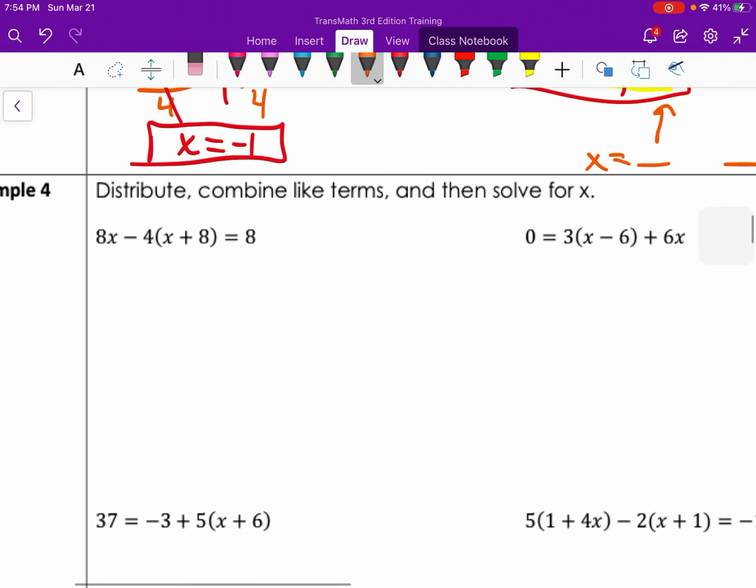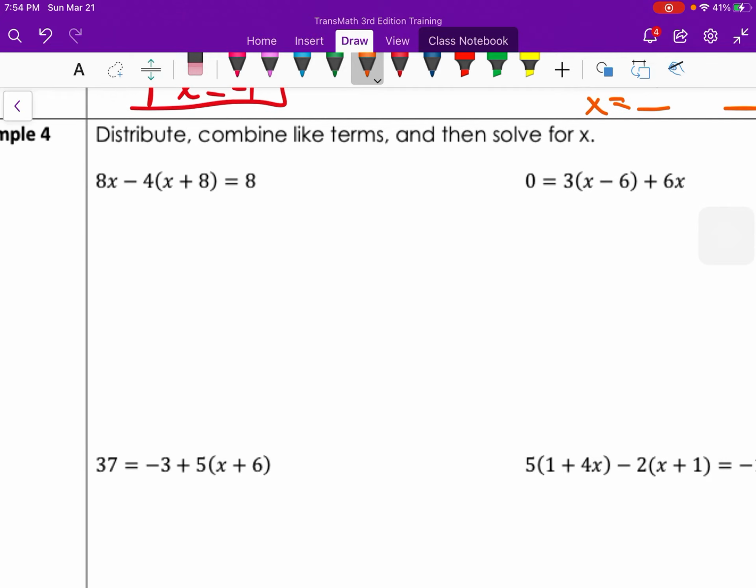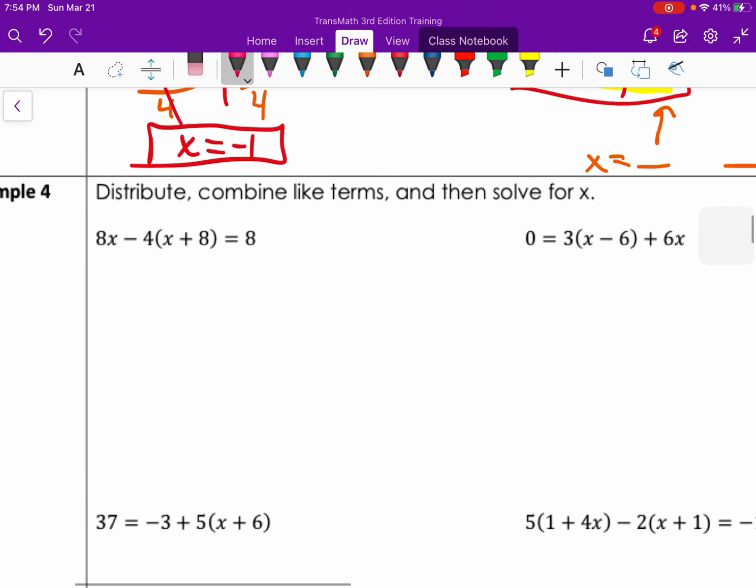Use the distributive property, combine like terms, and then solve for x. So we're kind of combining a lot of things here. This is why it's really important to show your steps. So first I'm going to distribute a -4 through. So that'll be 8x minus